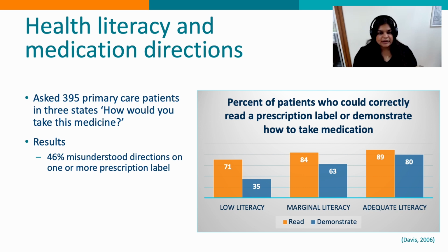And in this study, 395 patients at primary care clinics in underserved areas were shown 5 different medication labels and asked, how would you take this medicine? And their responses were rated accurate if they could correctly state the dosage, the timing of when to take the medication, and the duration. And what was found is that 46% of patients misunderstood directions on one or more prescription